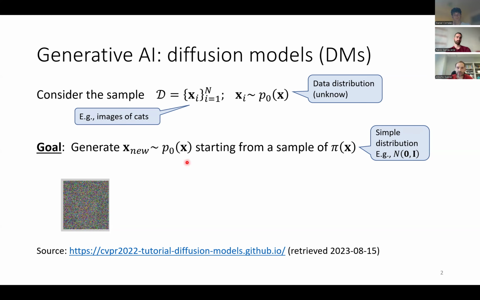Typically, what we're going to do is start sampling from some easy-to-sample, structured distribution like the Gaussian. Here, for instance, I'm showing an image in which each pixel has been sampled from a normal distribution independently. So of course it's noise and you don't see anything. My objective is, from this sample, to define a temporal process that goes